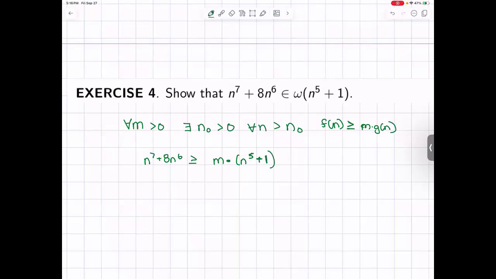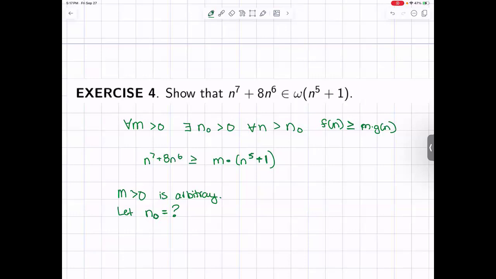And again, we have no control over what that m value is. m greater than 0 is arbitrary. So the only thing that we have access to is trying to figure out what we want to set that lower value of n to. What should we let n naught equal so that we can set that lower bound on the rest of the n's? So the very first thing that we can do is